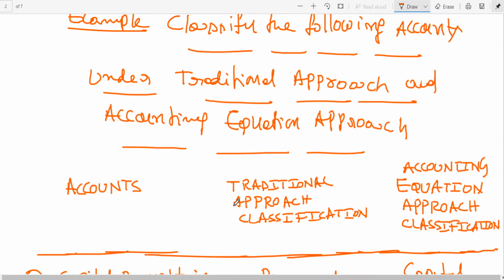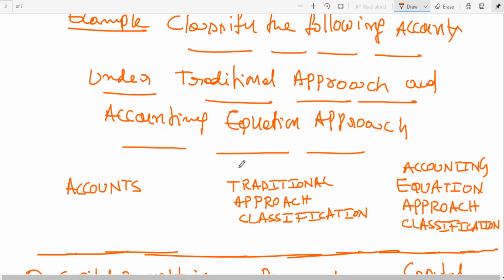For recording the transaction, there are 3 steps. What is the first step you have learned? Classify the accounts. We have learned the traditional approach and the accounting equation approach. Then the next step, and third step, is identifying the accounts and applying the rules for recording it. And that will be recorded in the book called the General.